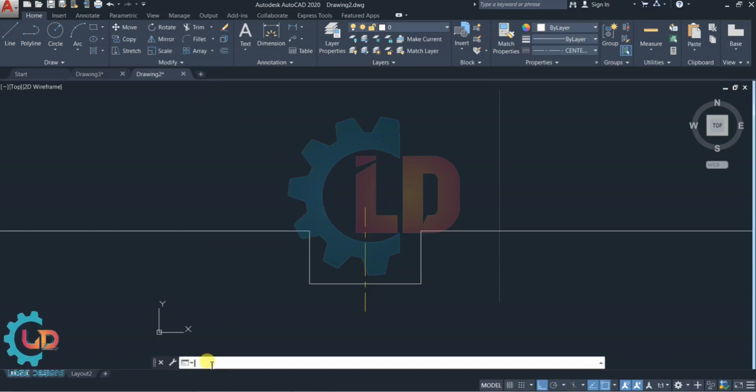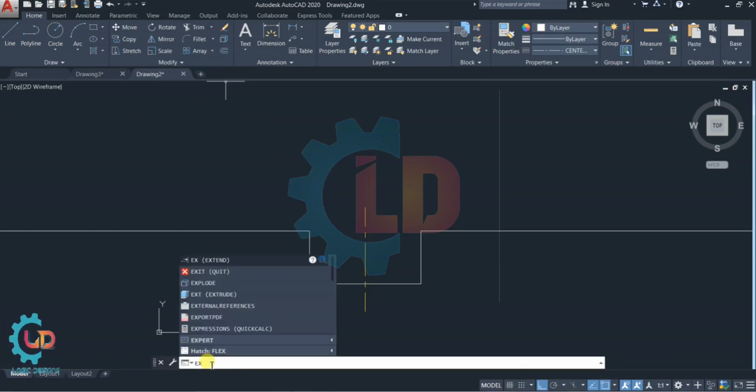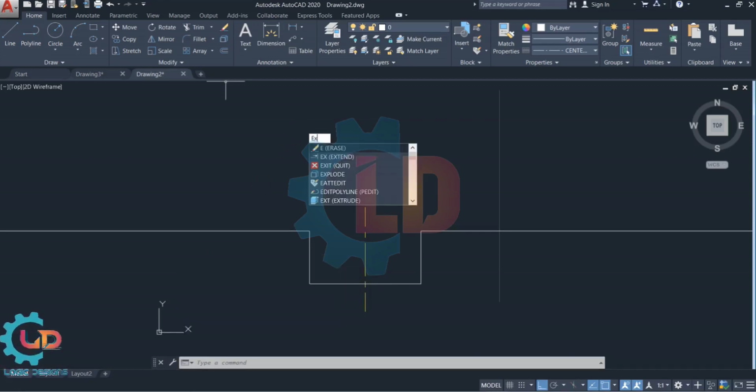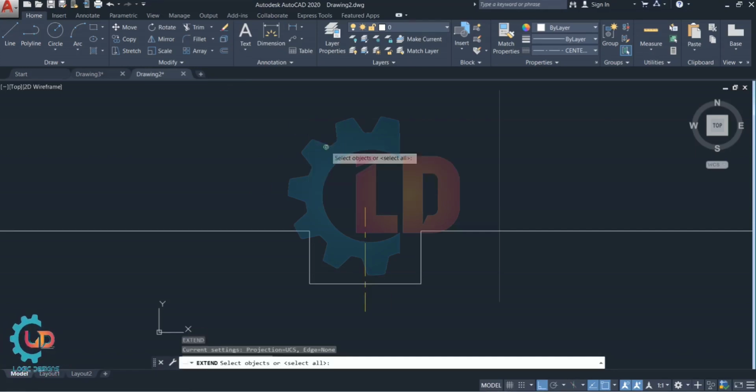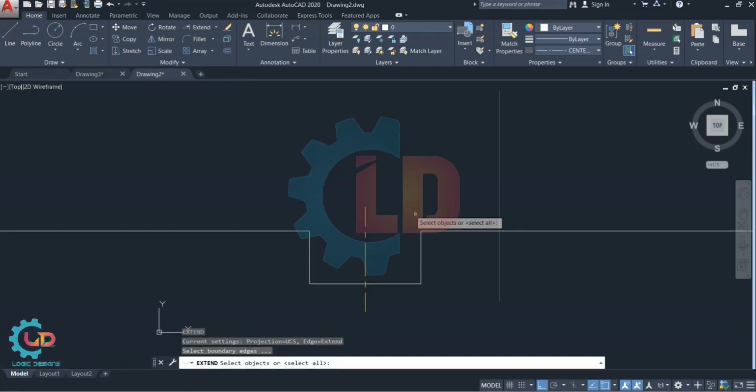From the modify menu directly, then put EX from the command bar. Please remember EX is a shortcut key for extend. You can see here. Now put EX again from your keyboard. Now the extend command is displayed. Now press enter. Now select the boundary first.